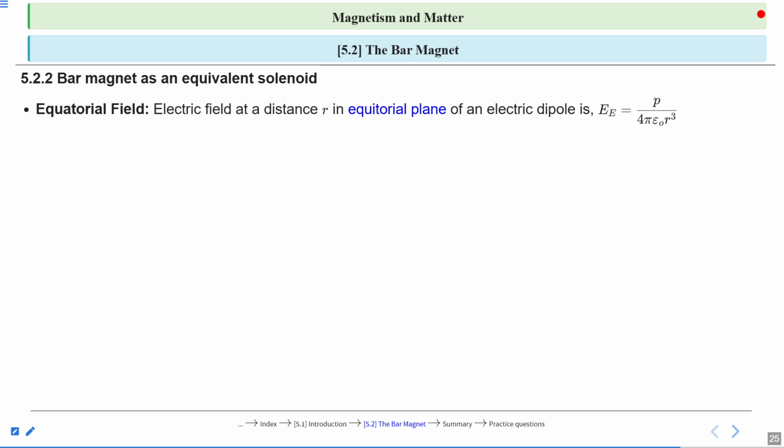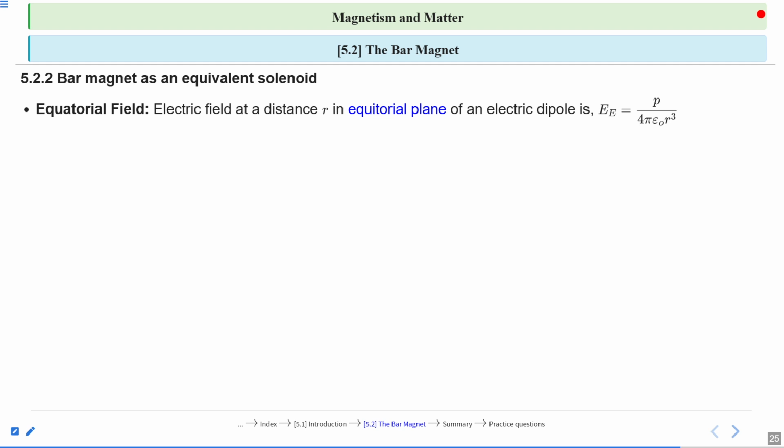So what is equatorial field? We have derived the relation for axial field. Now we will derive the relation for equatorial field by analogy with the electric field. So, the electric field at a distance r in the equatorial plane of an electric dipole. In the electric dipole, we also found the electric field produced by the dipole at the equatorial